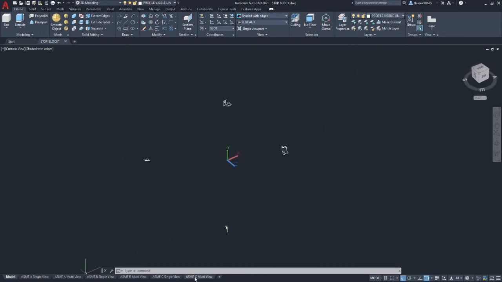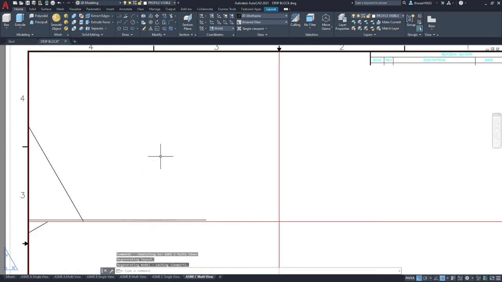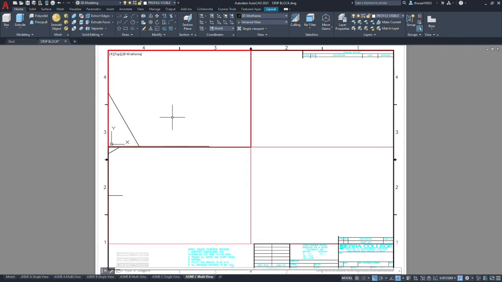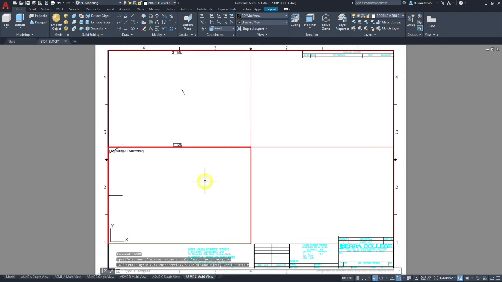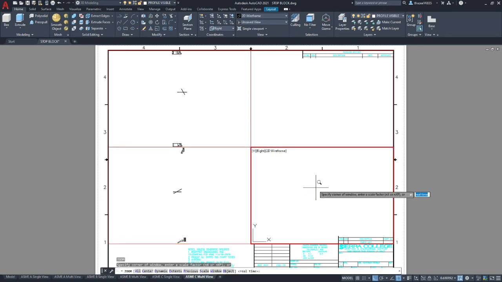Okay, now we're going to use the multi-view C sheet size. Okay, so we're at step 24 and we're going to zoom extent. So you're going to double click in each viewport and type zoom. Oops, that wasn't zoom, was it? And we're going to do extents and it'll zoom all the way out. Double click in the next one, repeat the command. Double click on the next one, repeat the command, type E. Okay, so we've done that in all three of our current viewports.